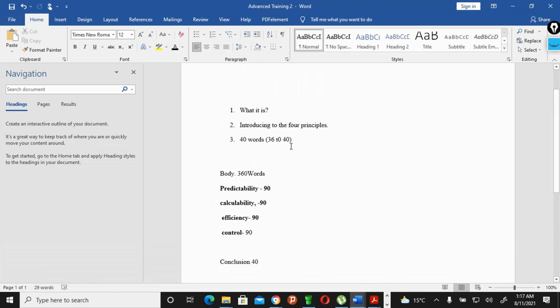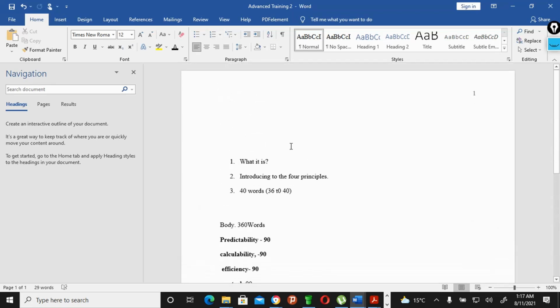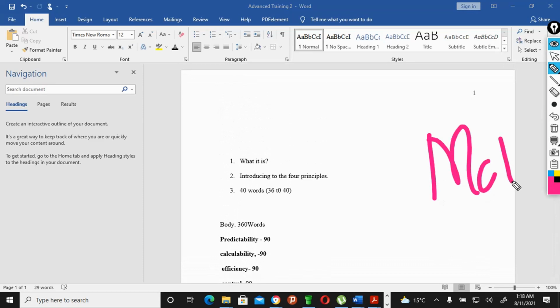You can write the body and then definitely, at the end of the day you will have written this topic of McDonaldization, okay? McDonaldization in a very perfect way, very organized way. So after you've written this topic of McDonaldization, I'm going to give you a topic that I would expect you to write about very well, okay?